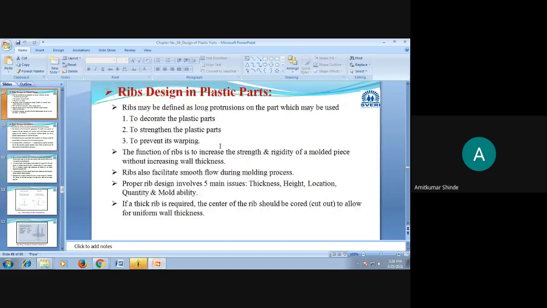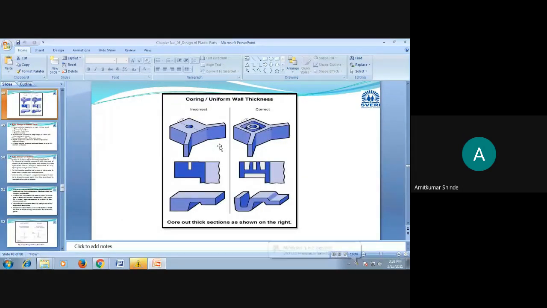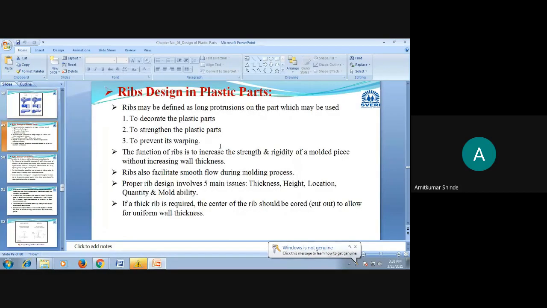Now whenever we are designing any kind of plastic part, first we should understand the necessity of that particular design. Here we are going to discuss the necessity to provide the ribs. What will happen if ribs are not there, or why are we providing the ribs? Which kind of additional properties will it provide in that design, or how is it going to add value to our design? That we have to discuss.